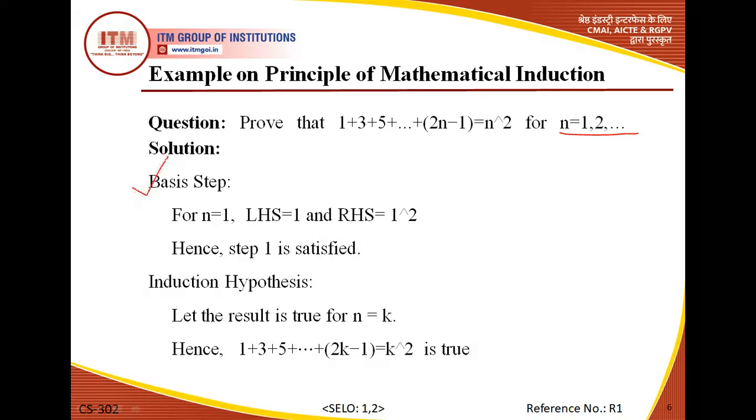Now let's see. The first and the basic step is the basis step, wherein we have to check and show the result for n is equals to 1. Okay, so let's see the left hand side of the result. Left hand side of the result is 1 plus 3 plus 5. Basically, you are adding all the odd numbers. Okay, so the first term would be 1 only. So the left hand side would be only 1. Now let's see the right hand side. Now here it would become 1 to the power 2. Now 1 to the power 2 is 1 only. Hence LHS and RHS are both equal. Hence, the basis step is done.